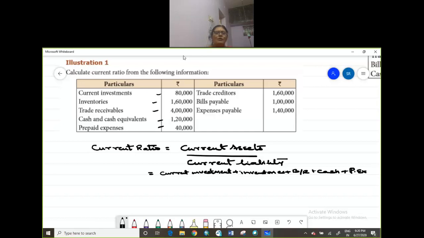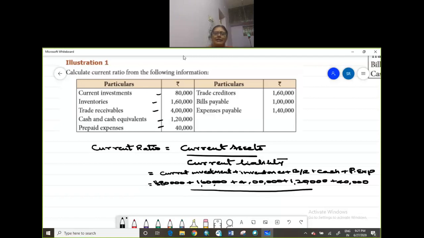Now, in rupees, current investment is 80,000 plus 1,60,000 plus 4 lakhs plus 1,20,000 plus 40,000, divided by